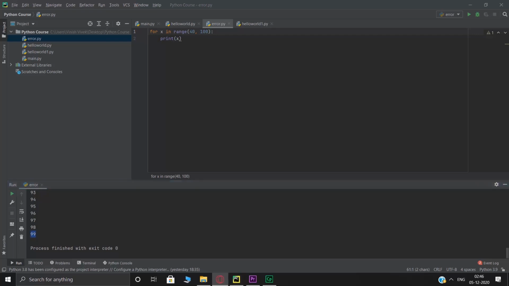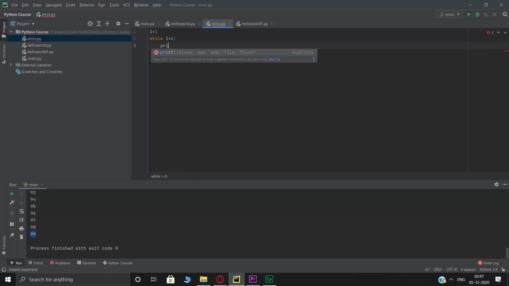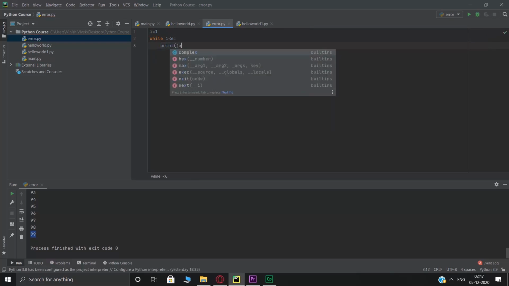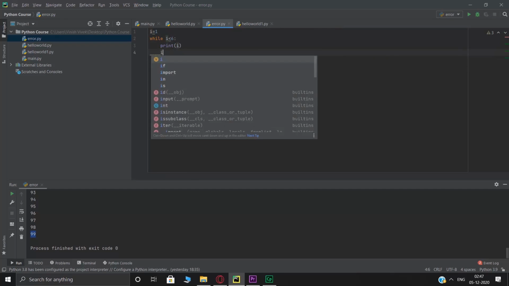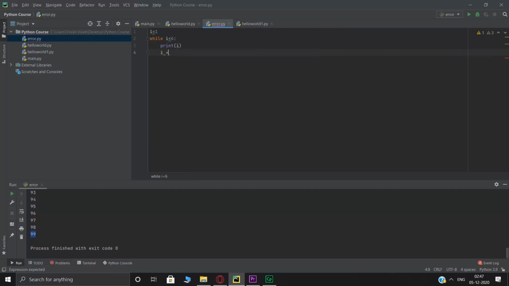I hope you've understood this. Then comes the while loop. Python basically has only two primitive loops, which are while and for. The while loop will let you execute a set of statements while a condition is true. That's it. So if i is equal to 1, while i is less than 6, you want it to print i, and you also want i to be incremented by 1.